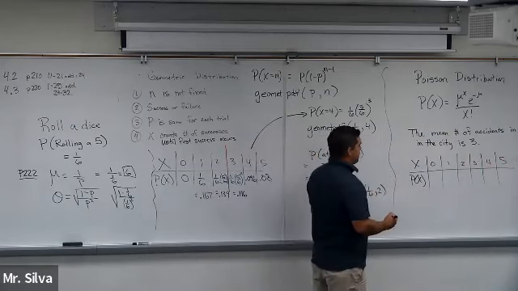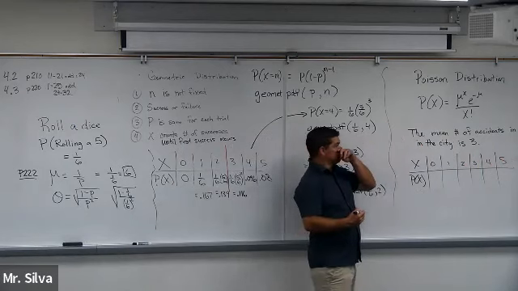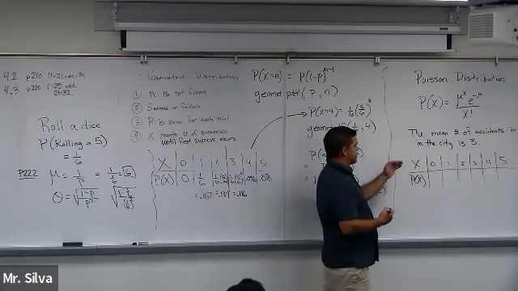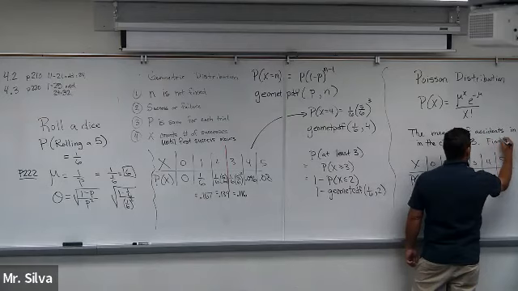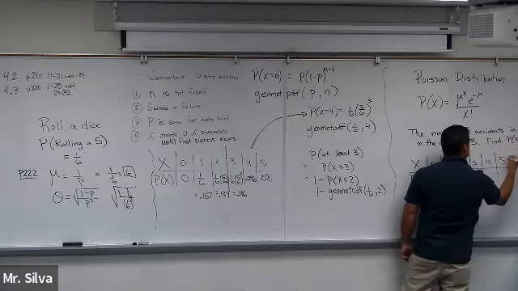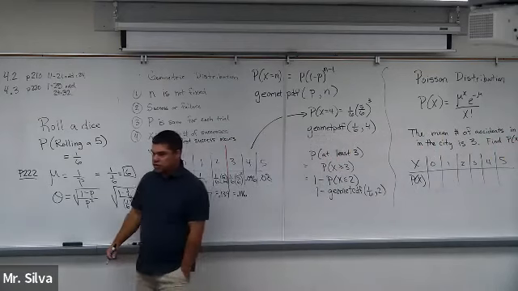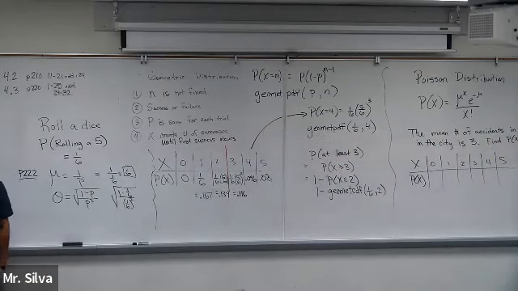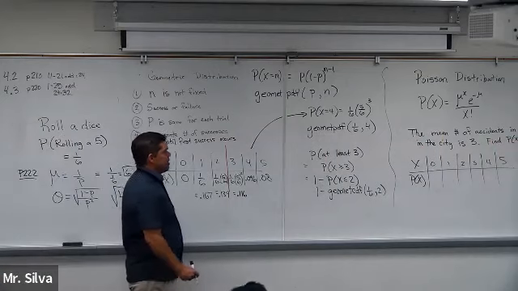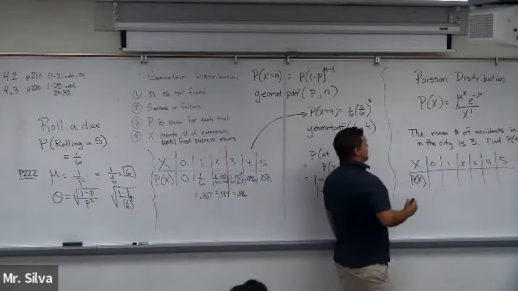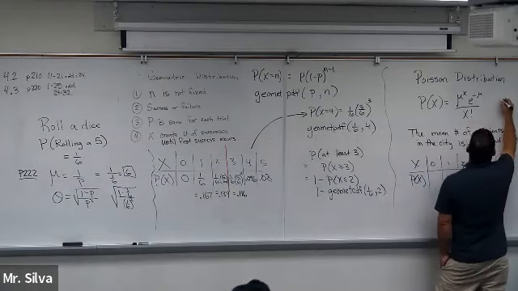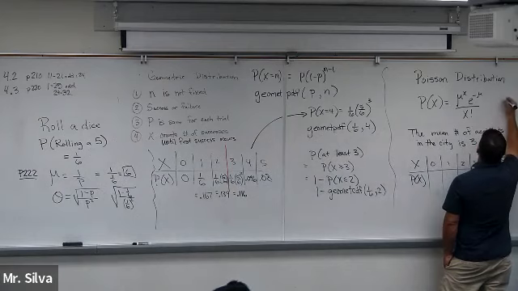Well, how do I find that? I'm going to use the formula. The mean number of accidents in a day in the city is 3. Find the probability x equals 0. We're going to use the formula to calculate that. X is 0, mu is 3. Hey, there's a formula right there. Let's try the formula. So I'm going to do the mean. Mean is 3. 3 raised to the 0 power